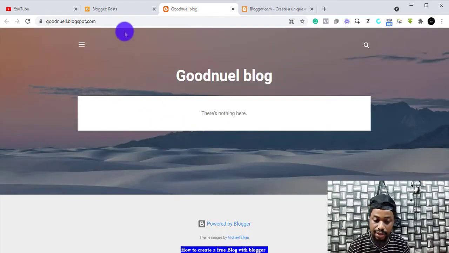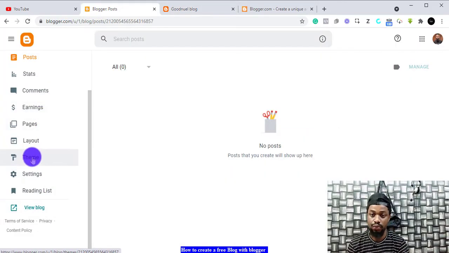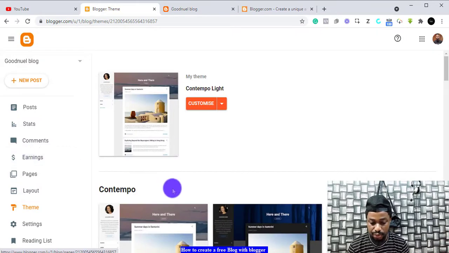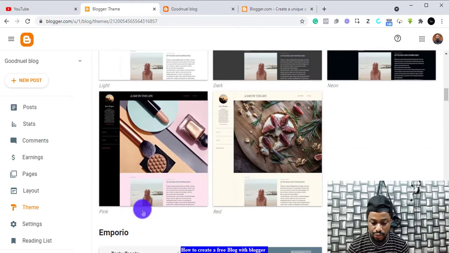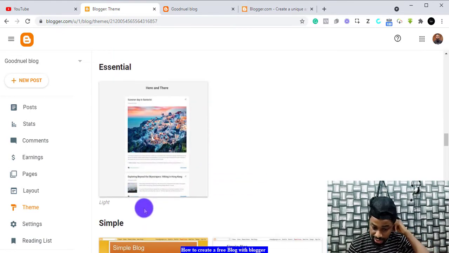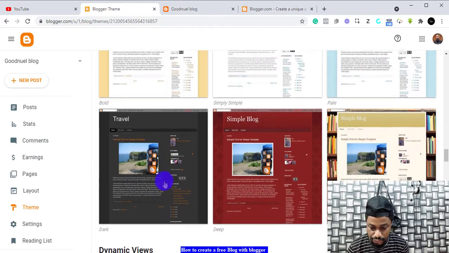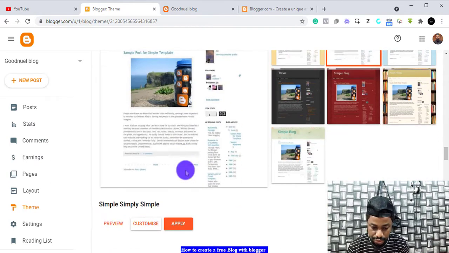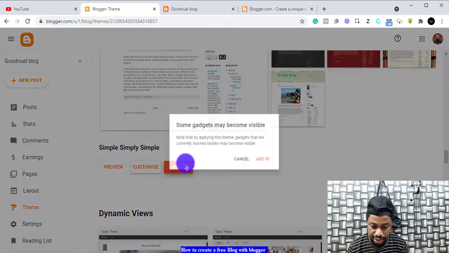So we have to go back to our Blogger, and then we come to themes. We want to change the theme. We want something that's more catchy, something people would like. So we come to themes, and we can pick some themes we can use for free. You search for the one you want, any theme you want, and you can select it. I think I'll just go for anyone here. So you can preview it, customize it to apply it. So I'm just going to apply it and